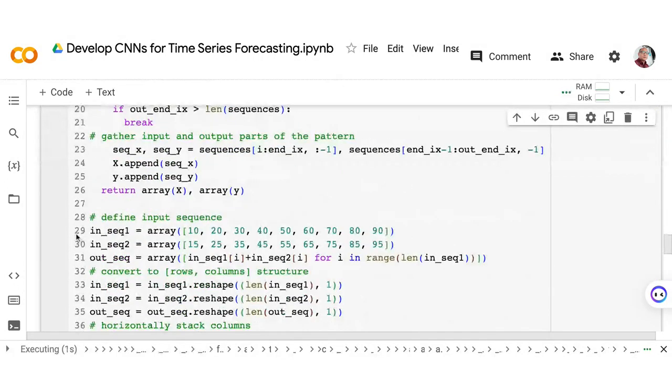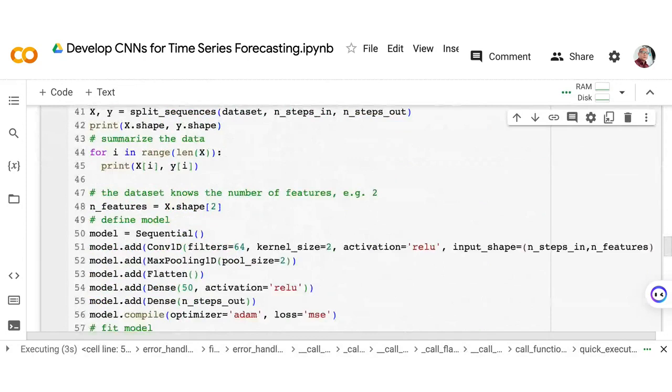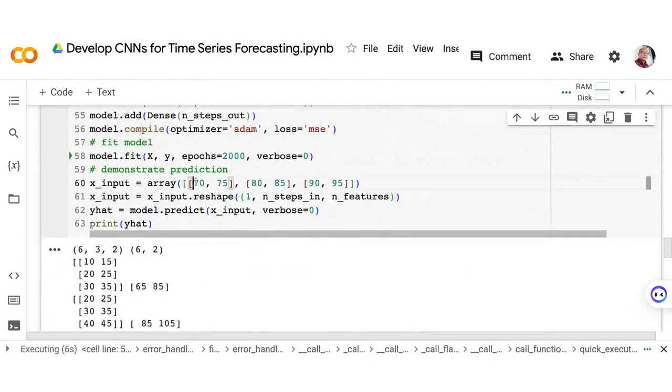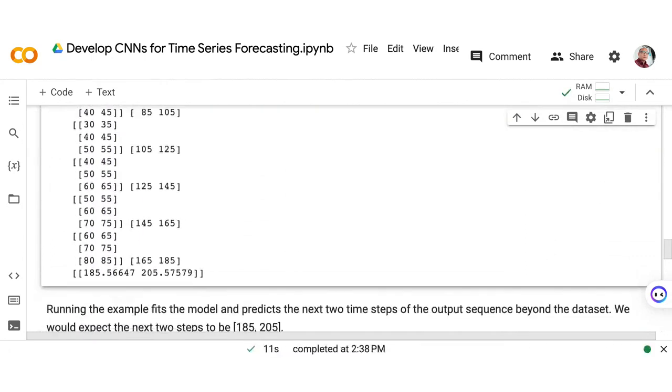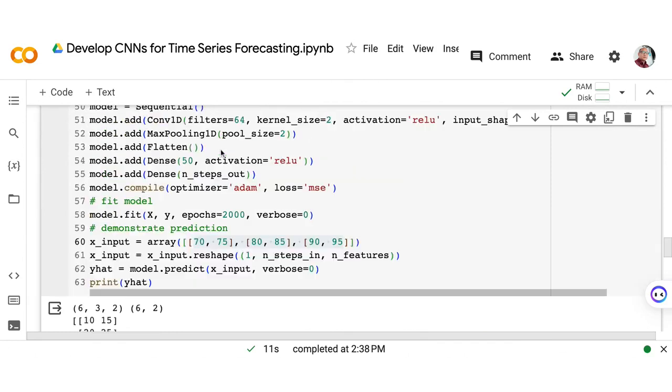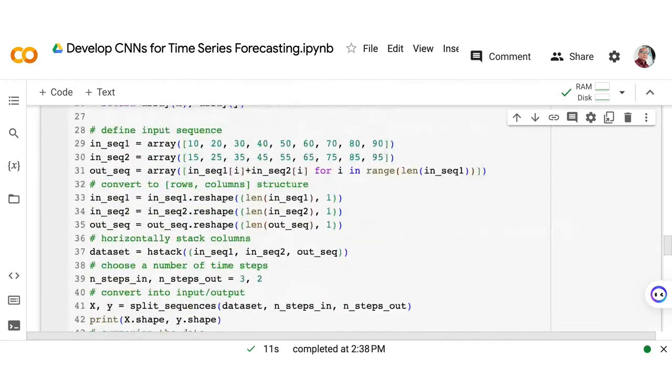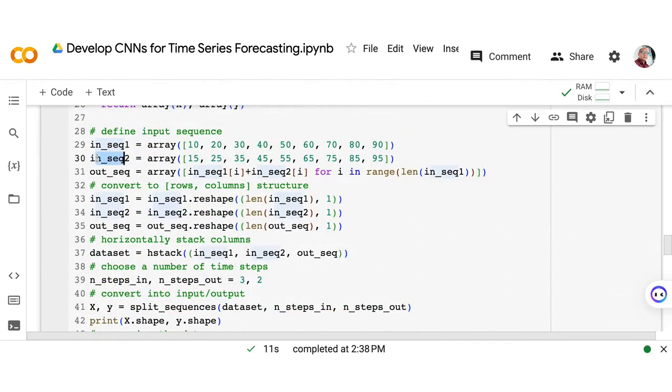As you can see here, we are expecting an output of 185 and 205. So that is fairly close, our multiple step multivariate. Okay, this is multivariate data, no, because we have input sequence 1, input sequence 2, and output sequence.